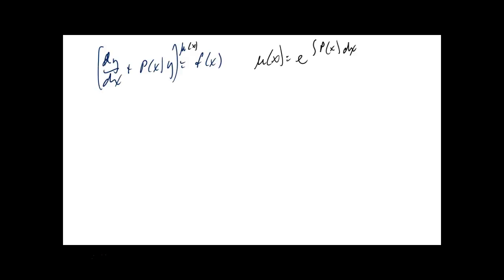It's messy, it takes too much time to write, but that's what we got. So that was going to be e to the integral of p of x dx times dy dx, plus, and this is the part that we already did, so let me just cut to the next step. What this came out being was,